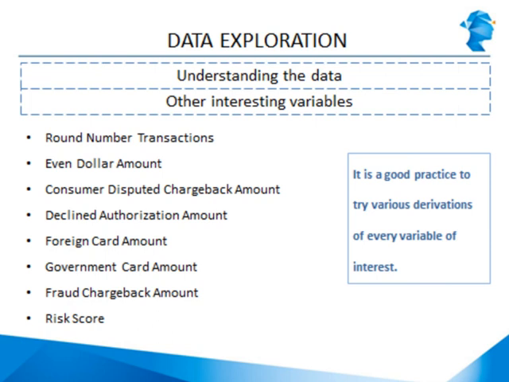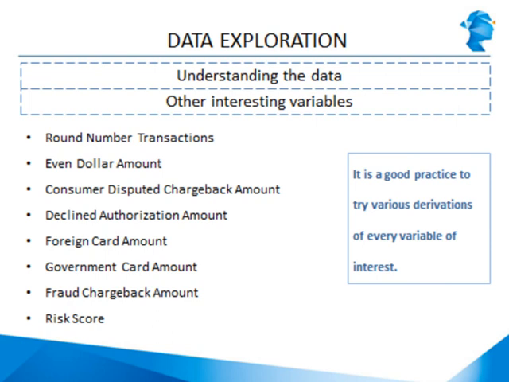In real life, transactions seldom come to an even dollar amount because most businesses price their products just below the next whole dollar amount. So in the US, it's common practice to have items priced at $2.99 or $3.99, and then you add tax on top, and you will almost never end up with a round number transaction. Fraudulent transactions, on the other hand, often tend to be round number transactions. Most spreadsheets and database programs can process a formula to quickly highlight transactions with round dollar amounts, and you can always use this variable as an indicator for fraud.